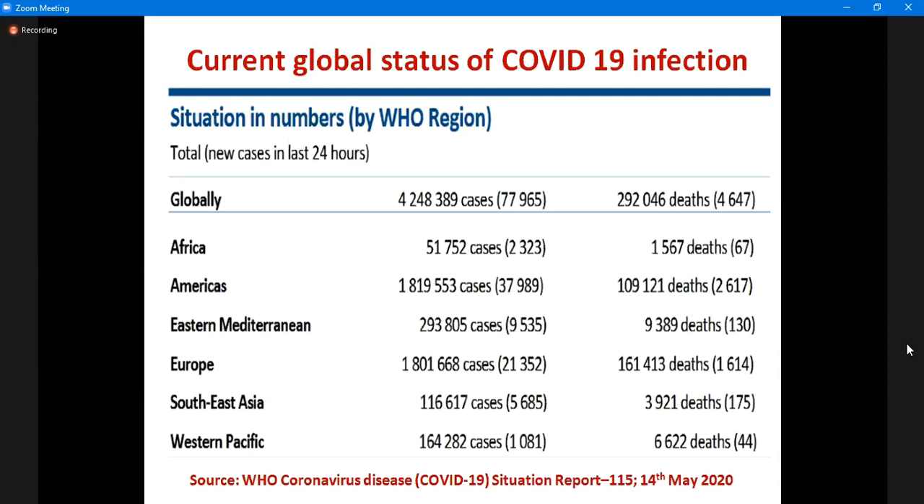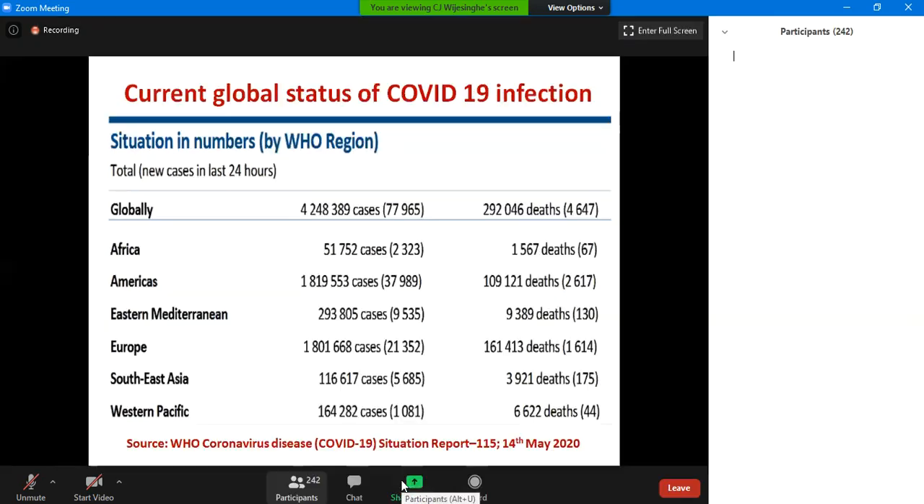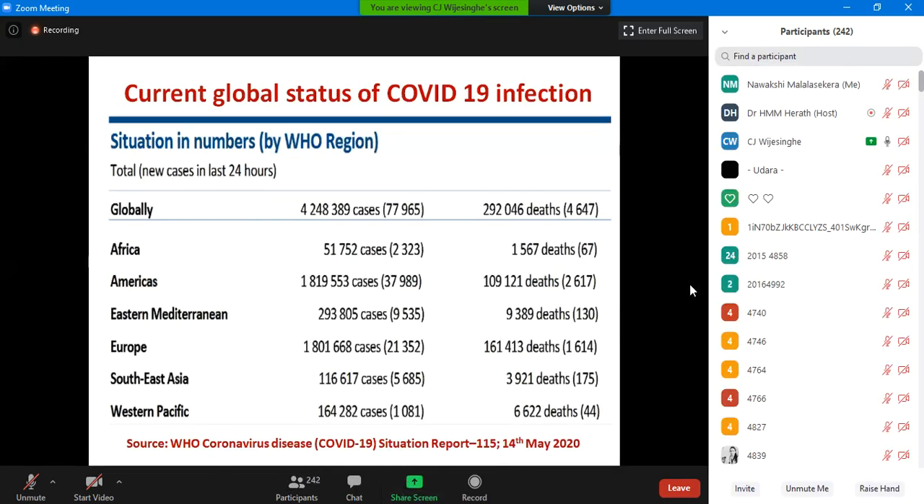If you consider the countries in the American region, United States of America has the highest number of deaths, followed by Brazil and Peru. The number of cases